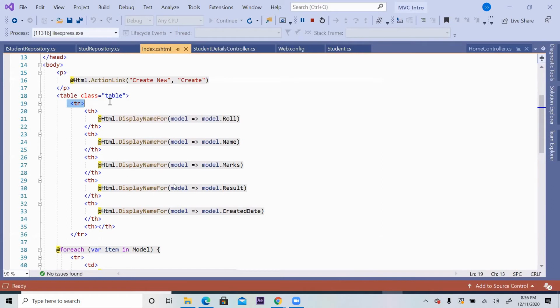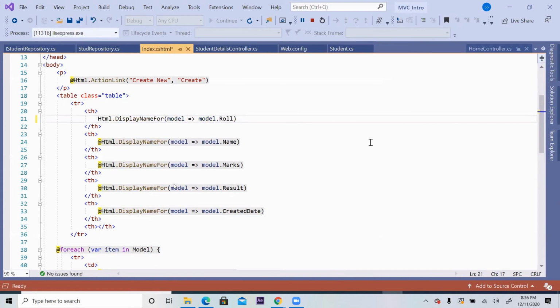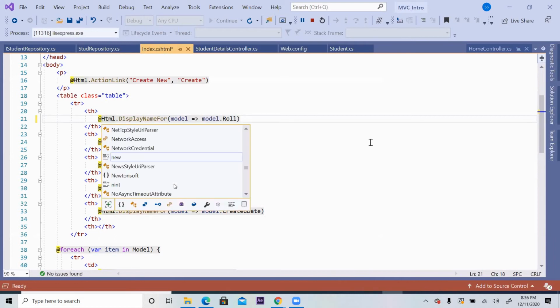And HTML, as usual, you can see directly table, tr, td, th, no @, nothing. Because originally this is a UI page. UI page means HTML page by default, HTML coding by default. That means imagine I forgot to write this @, then what will it understand? It will understand HTML. That means since the angle bracket is not there, it will display as text, which is not our intention. Our intention is to get some HTML library or C# library class.